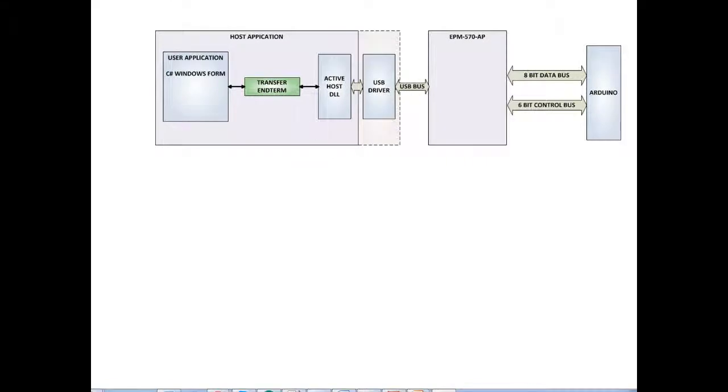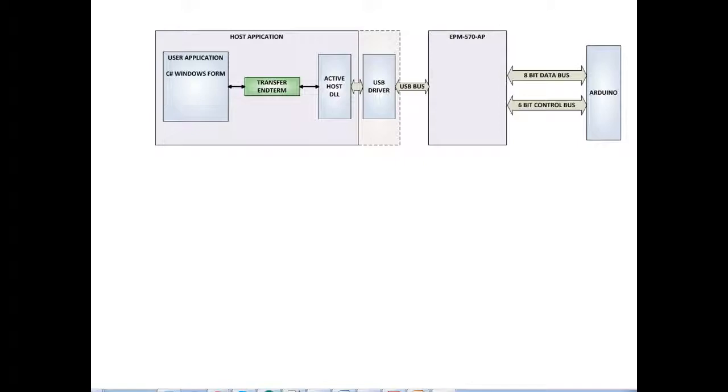So the active host DLL is designed to transfer data from the CPLD when it becomes available. The data will be stored into local memory in the PC, and an event will be triggered to inform the user code, written in C#, that data is available from the addressed module of the CPLD. This method from the user code on the PC makes the data transfer transparent. So the data just appears in memory, and the user code will direct the data to a text box on